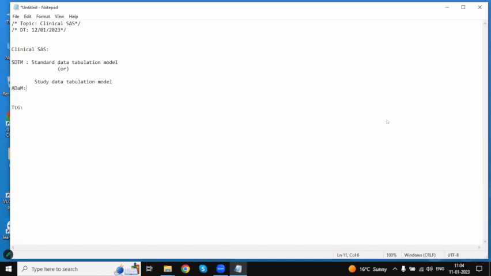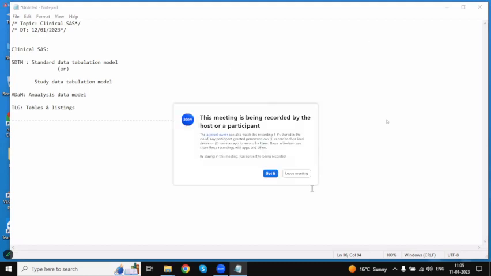Similarly, ADaM is nothing but Analysis Data Model. Then Tables, Figures and Listings. In total, we're going to discuss these three topics. But before we start SDTM first,